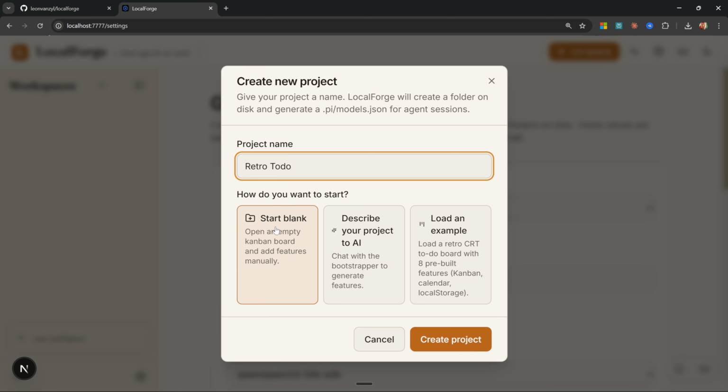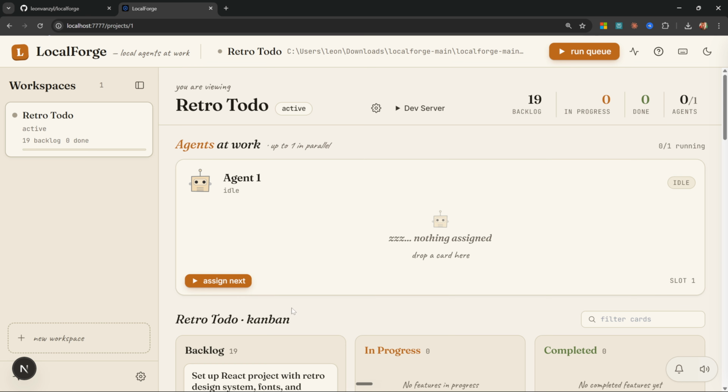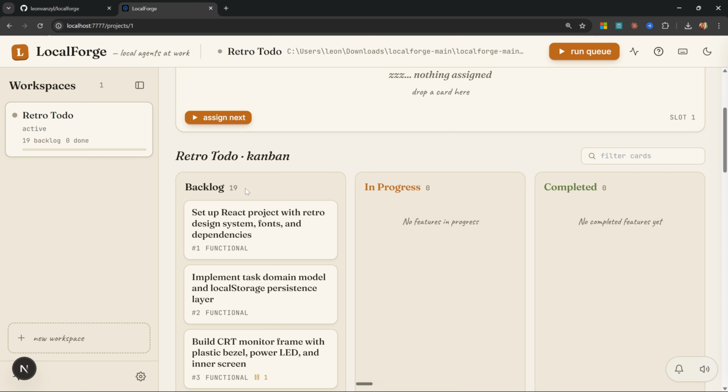And from here, you can decide on whether you want to create a blank project or describe the project using AI. We can also load in an example project. Let's actually do the example first, and then I'll show you these other features. So when we load the example, it's going to create this project for us and automatically pull in 19 features